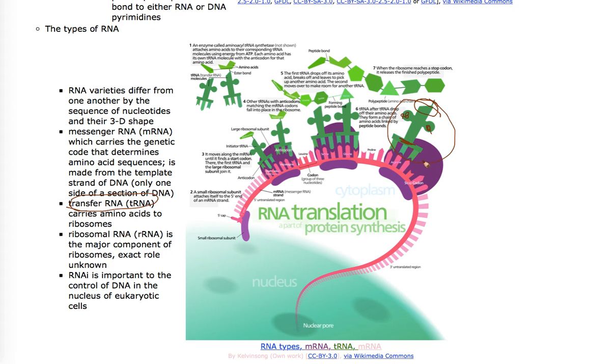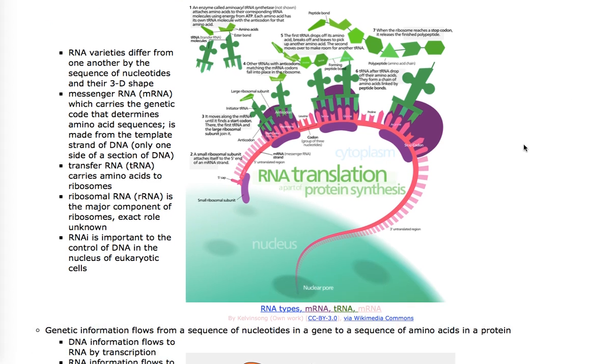And then ribosomal RNA, this purple stuff here, is ribosomal RNA, and that's actually important to the structure of the ribosome and part of the function of the ribosome. Those are the three big RNAs: messenger RNA, transfer RNA, ribosomal RNA. But there is one more, interference RNA, or RNA interference, RNAi, which is actually manufactured during transcription, and it's actually used to control DNA activity. But we'll talk more about that at a later time. So those are the three kinds of RNA that are important to the functional aspect of